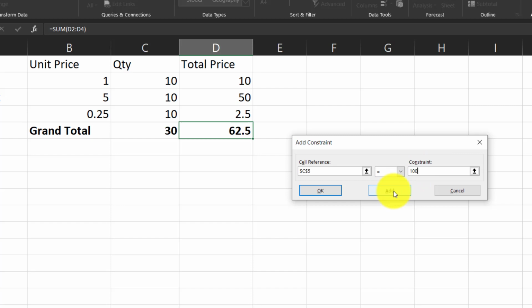Since we got to buy at least one of each of these animals, let us specify the constraint of quantity greater than or equal to 1 for each one of these animals. Click on Add button again, pick that particular cell and specify the condition greater than or equal to 1. Let's repeat it for the other two items as well by clicking the Add button and filling in the details.